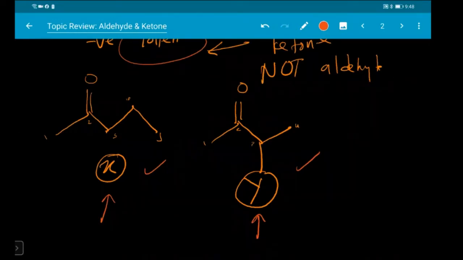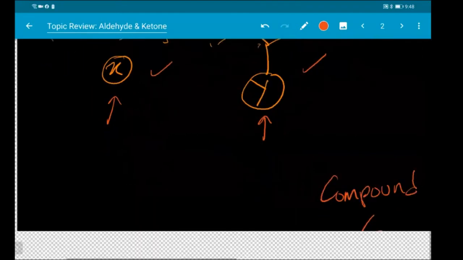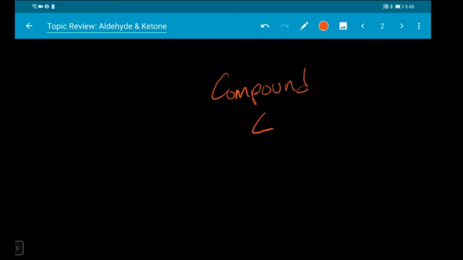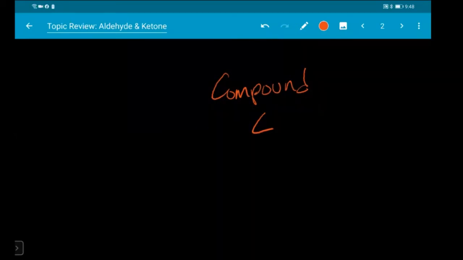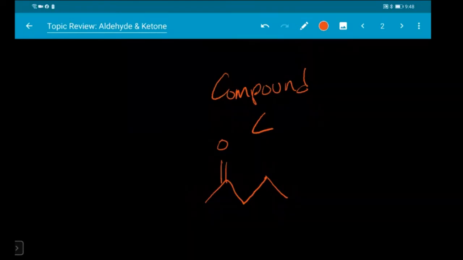Alright, moving on. Tadi kita dah setuju ada 2 jawapan. It can be X or Y. Sekarang korang pilih nak X ke Y. Benda pertama dulu, sila pilih X atau Y. Jawapan pertama saya terus terima. Okay, terima kasih X, Norisha. So if I choose X, the question will be looking like this. This is your compound C. Alright, if I use compound Y lah. Sekarang ni, compound Y can be converted into